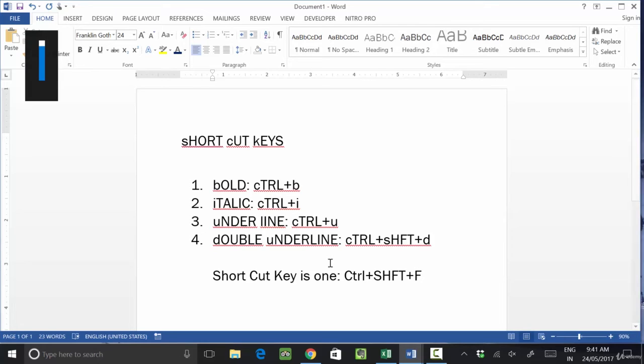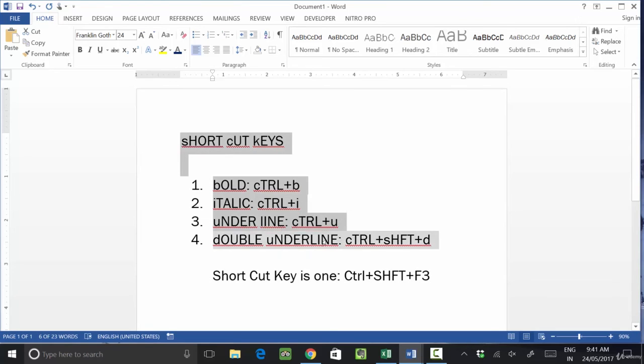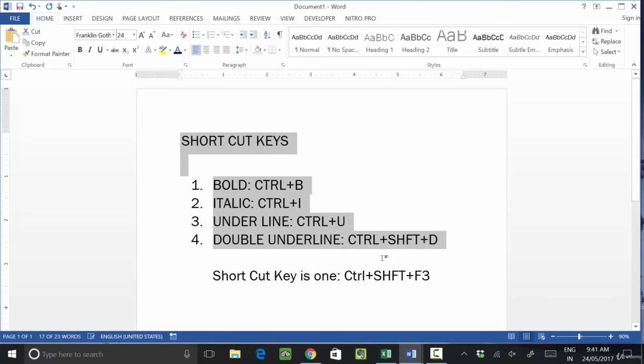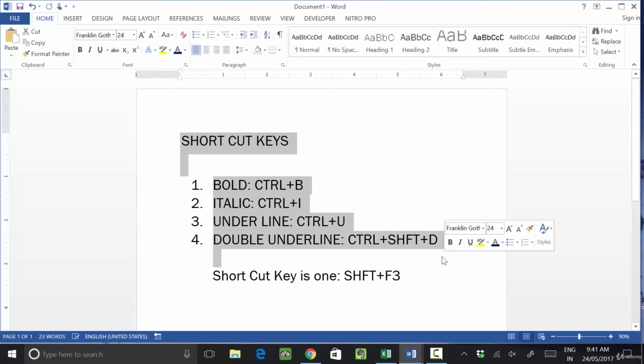For example, I will select this text and press Control Shift F3. Sorry, I mentioned it wrong. Here it is not Control Shift F3, it is Shift F3. So simply select your text and press Shift F3 one time.